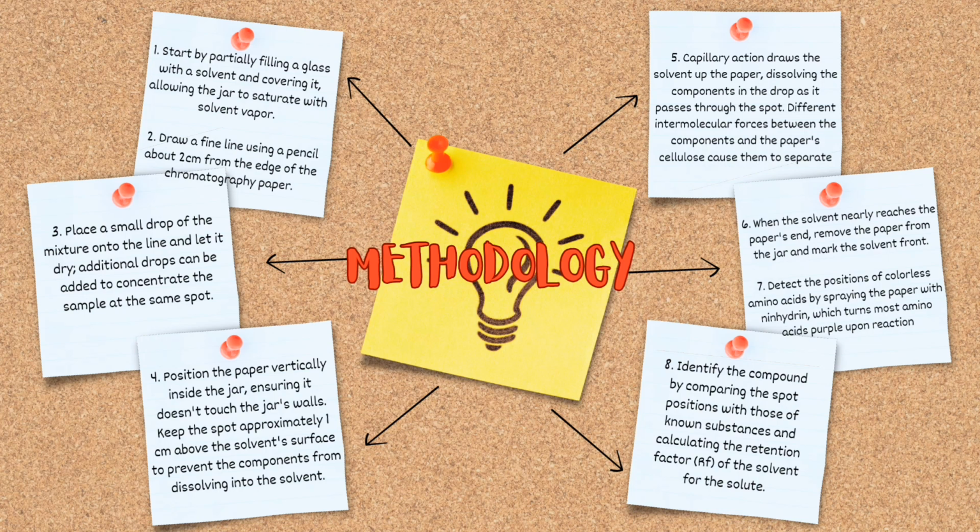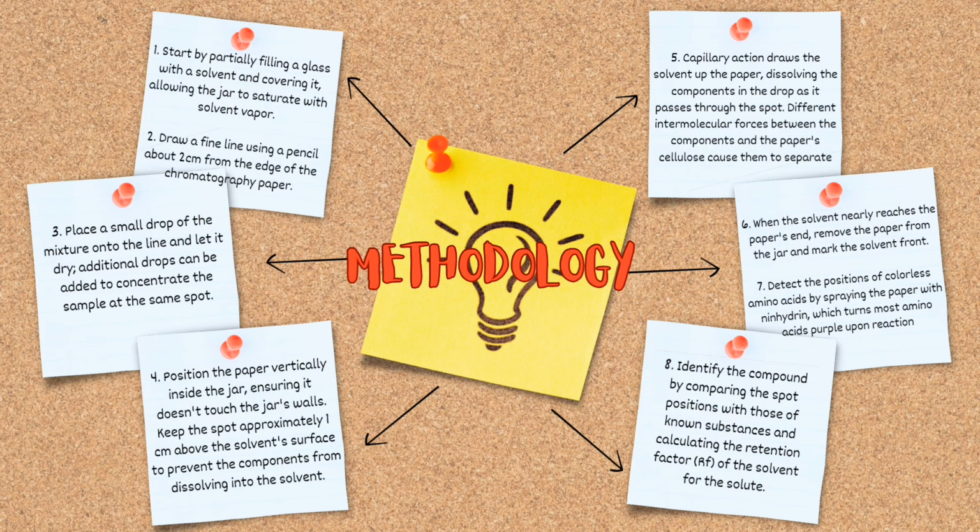Fourth, position the paper vertically inside the jar, ensuring it doesn't touch the jar's walls. Keep the spot approximately 1 cm above the solvent surface to prevent the components from dissolving into the solvent. 5. Capillary action draws the solvent up the paper, dissolving the components in the drop as it passes through the spot. Different intermolecular forces between the components and the paper's cellulose cause them to separate. 6. When the solvent nearly reaches the paper's end,